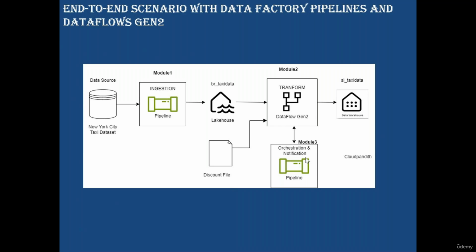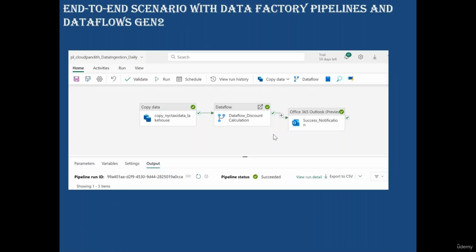Now, finally, what I'll be doing is scheduling this entire pipeline. Let me show you. Here, this is how it will look. I'll be using a copy activity for ingestion, a data flow activity for the data transformation, and finally Office 365 Outlook, which is used for triggering